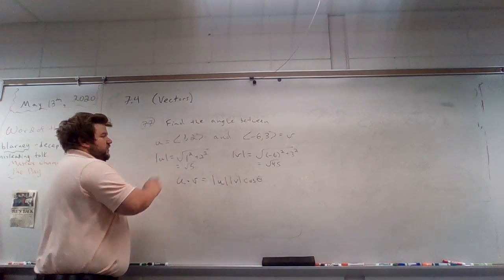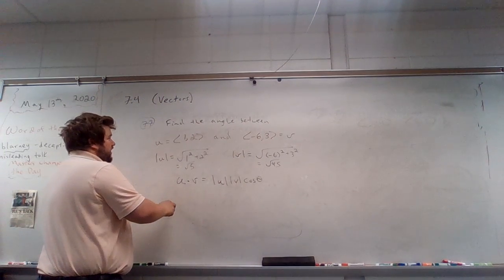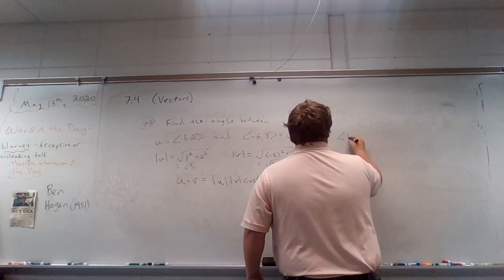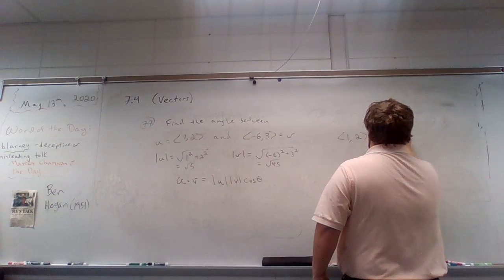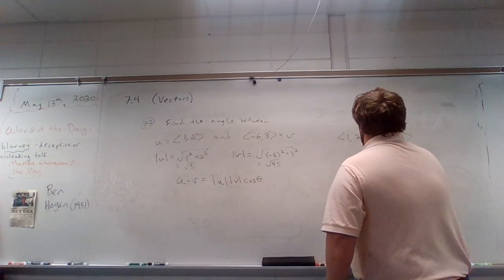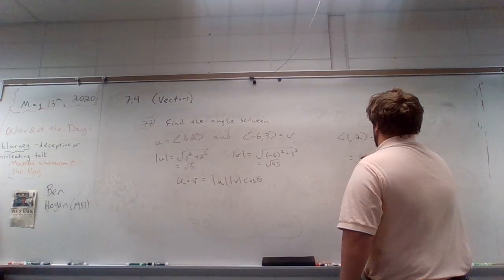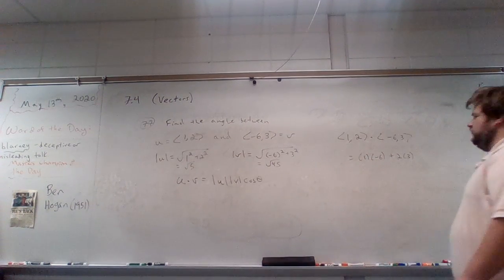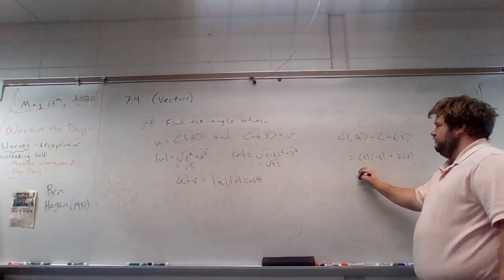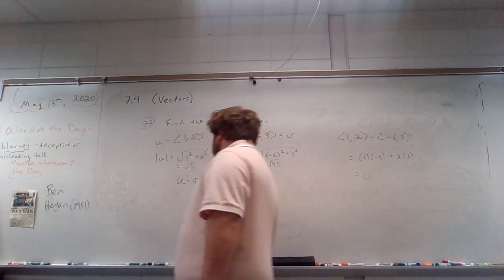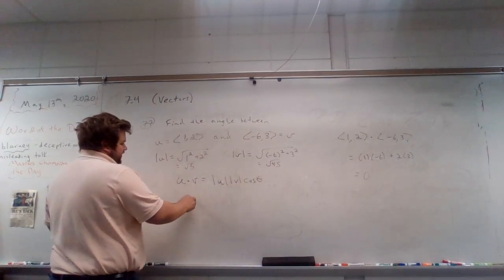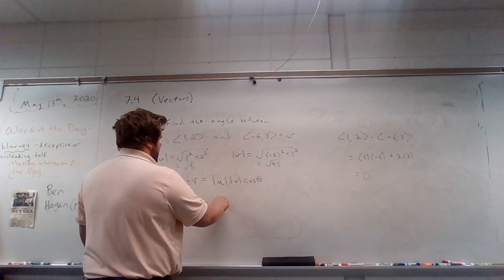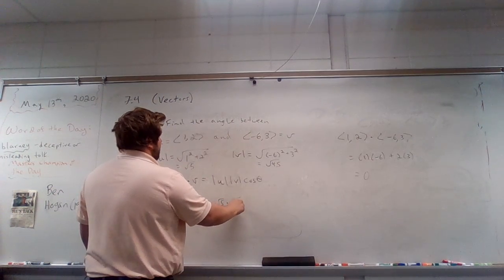And then I do the dot product. So u dot v, I'll do that off to the side here. u dot v would be 1 times negative 6 plus 2 times 3. That's actually 0. So I end up with 0 is equal to root 5 times root 45